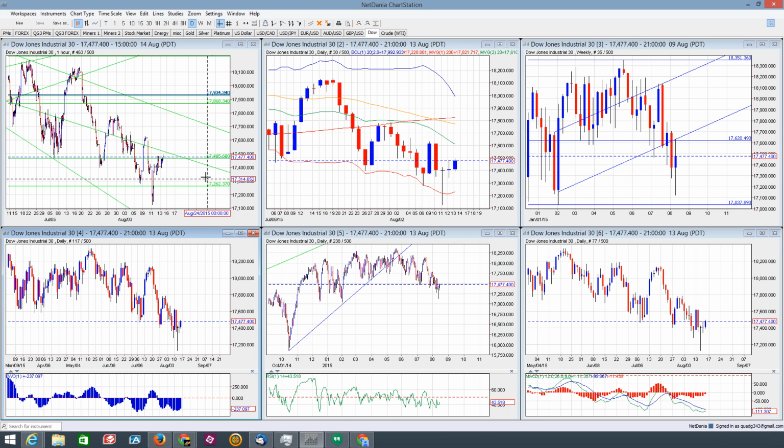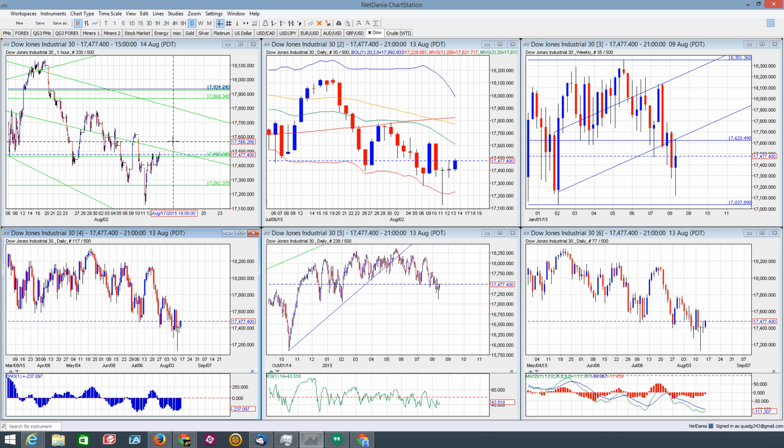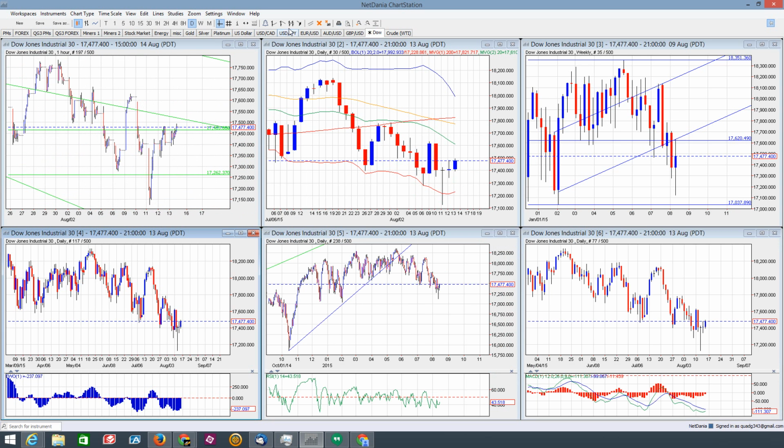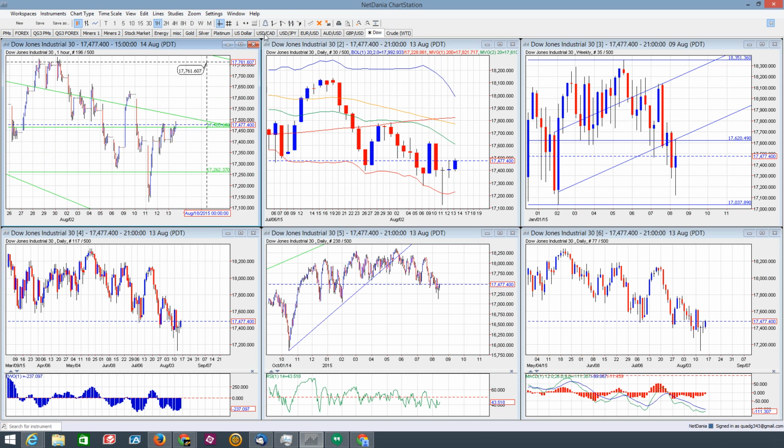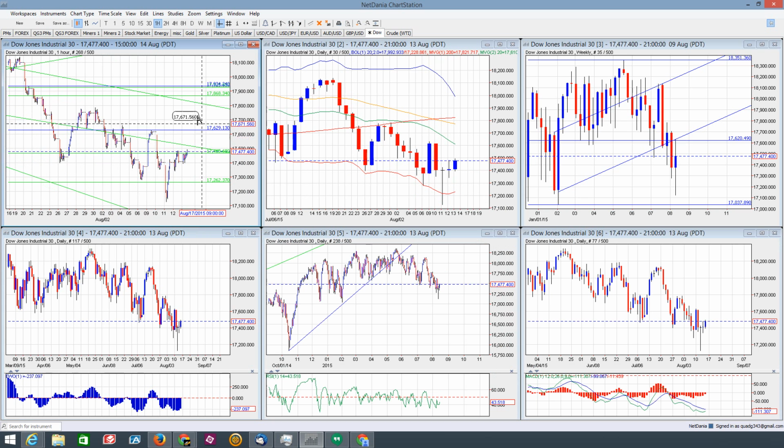All right, so the Dow's still in a downtrend, still getting lower lows and lower highs, as long as we're below this key level of resistance right here. On the index, 17,629 is going to be the key level of resistance. As long as we're below that, there's still